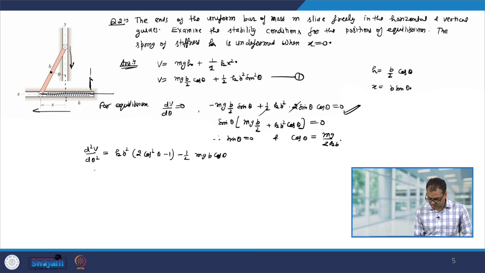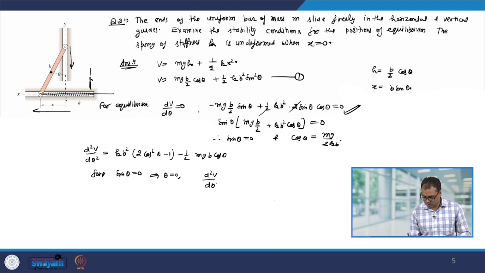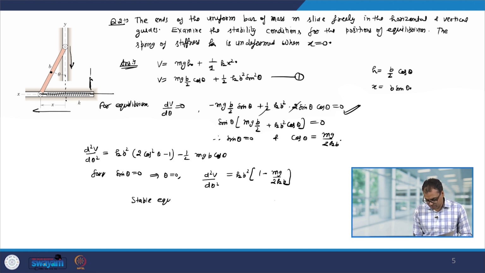And for sin theta equal to 0, that means theta equal to 0, we have d²V over dθ² equal to kb² (1 minus mg over 2kb), and for stable equilibrium